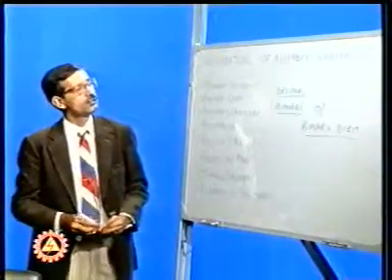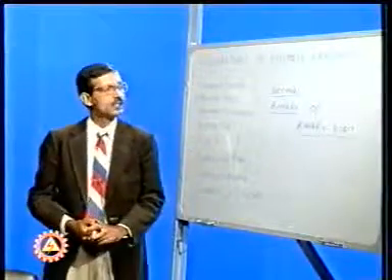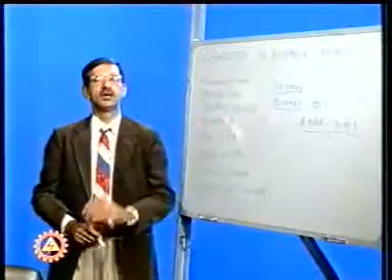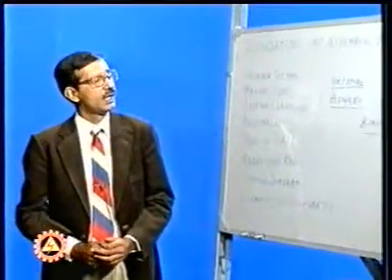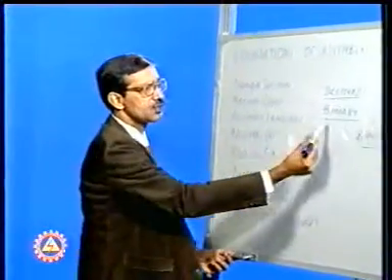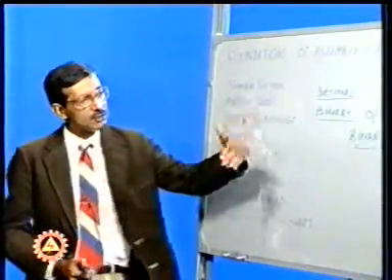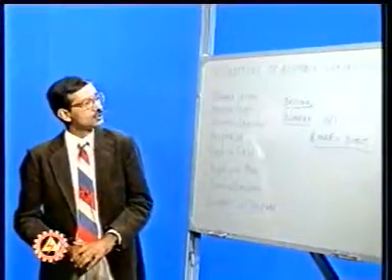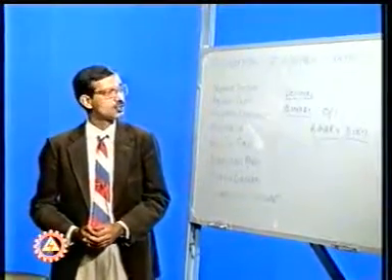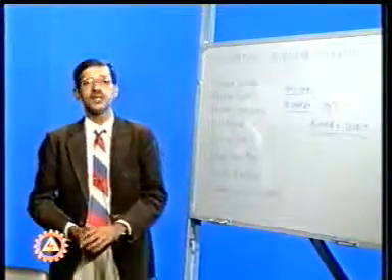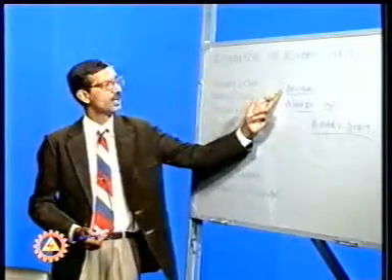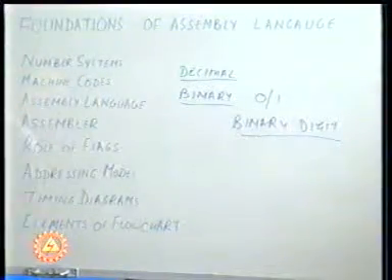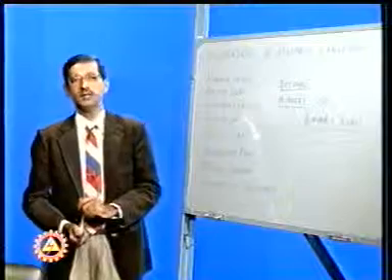The advantage of 0 and 1 has been exploited by digital circuits and microprocessors to the extent that they improve the reliability of the system. Apart from that, the binary number system has the additional advantage that it can be correlated directly with voltage as well as current levels. Since we have to work with binary number systems and are tuned to the decimal number system, we have to know how to convert from decimal to binary and from binary to decimal. This I'll try to explain to you with the help of an example.